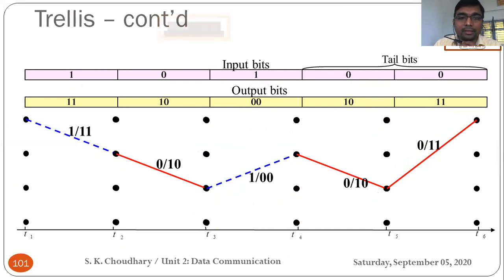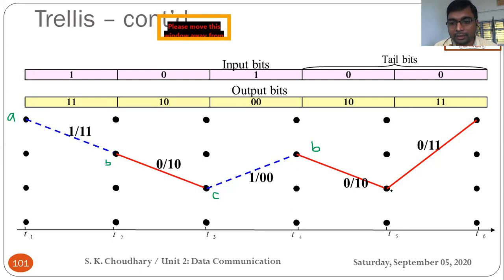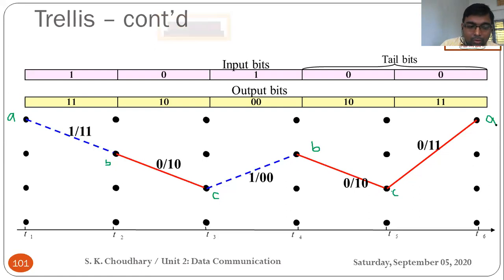Okay. So it is your output. You can see for the first bit, 1 1 1 is the output, then 0 1 0 is the output, and 1 0 0 is the output. And this is the possible combination of states. From A you enter B, B to C, C again to B, again C, and at last you end at the same state where you started the journey. Okay. I hope all of you have cleared the concept, the way to draw the trellis diagram.